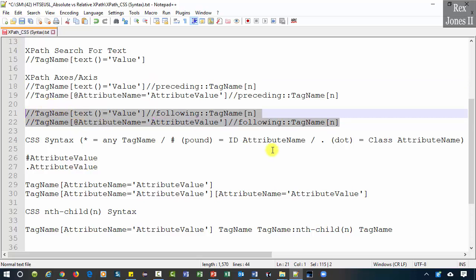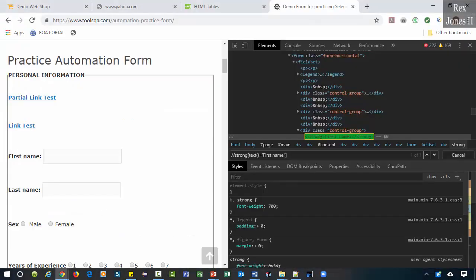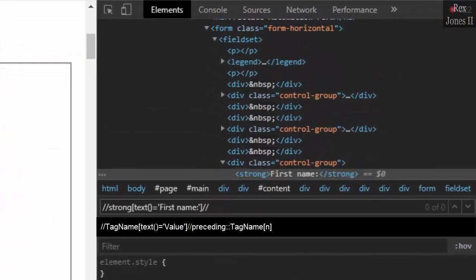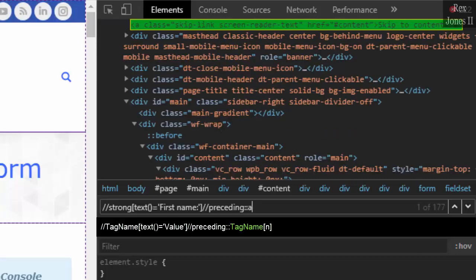Let's pick up where we left off after using XPath functions. Right now, we have already found the first name label. To use the preceding XPath axes, we write 2 forward slashes. Next is the preceding axis, 2 colons, then the tag name. The tag name depends on the elements we are looking for. How about the link element, which has an A for anchor as the tag? This query returned